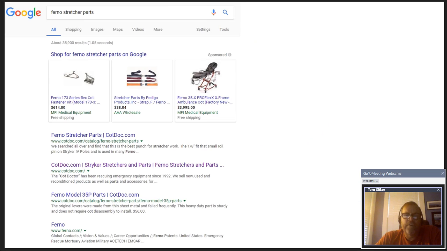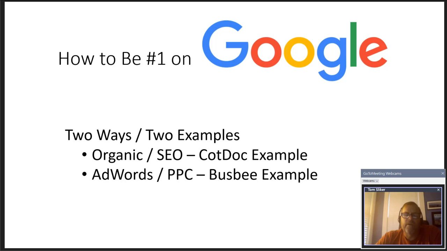Another example from CotDoc, we were just showing how we were number one in another, but the same principle applies. The biggest reason there is that we have a really well-tuned site, but also that we're focused on a really tight niche, right? We're really way out on that long tail when you start talking about Striker Power Pro parts, because there's not hundreds or thousands of people that sell those. We became number one very quickly just by having that specific content. So that's one way. The second is using Google AdWords.